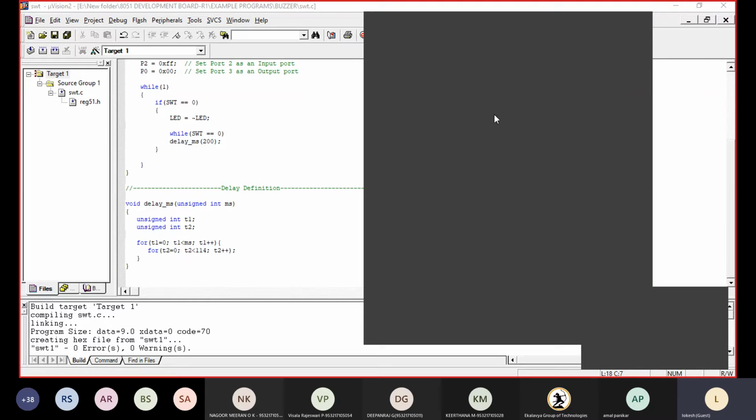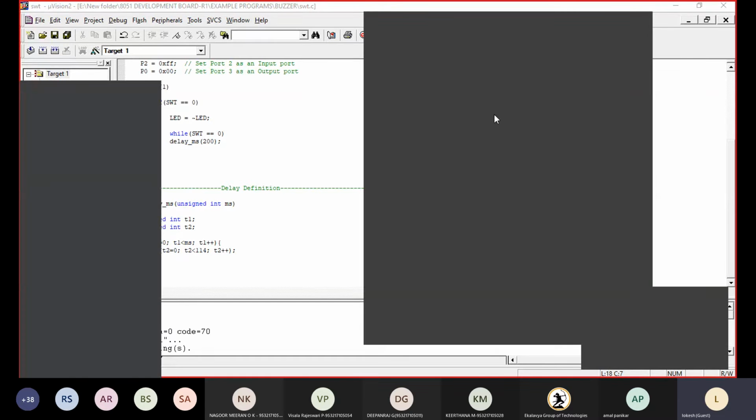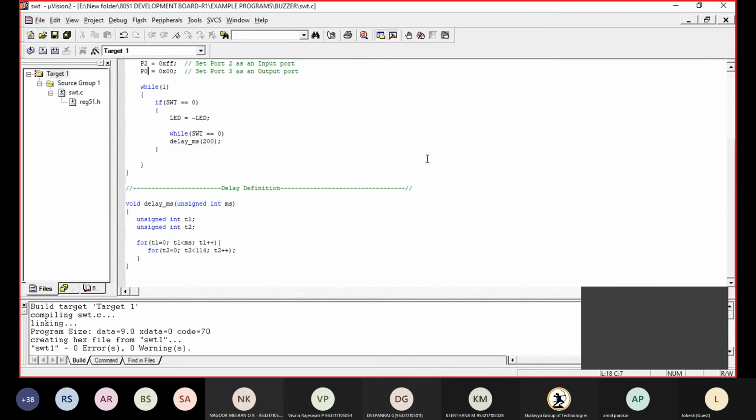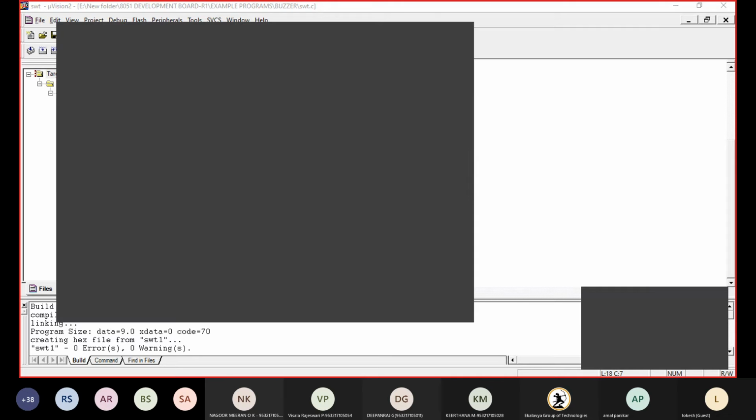How? Go for Windows X and M. Then it will give the Device Manager. In the Device Manager, go to Ports. There you can see Silicon Labs USB to UART Bridge, COM7.